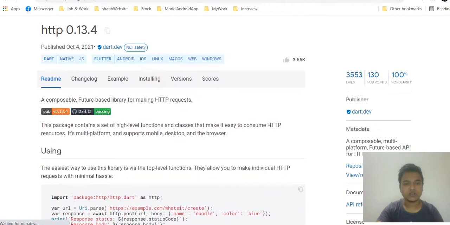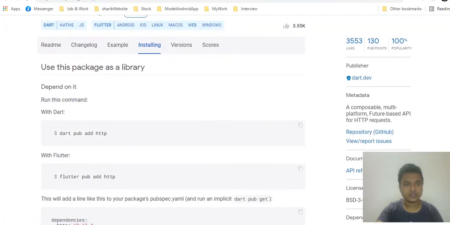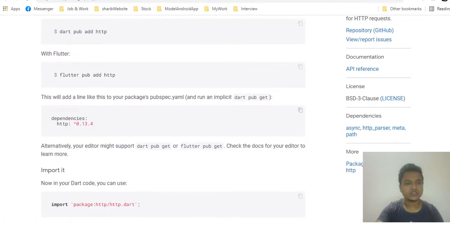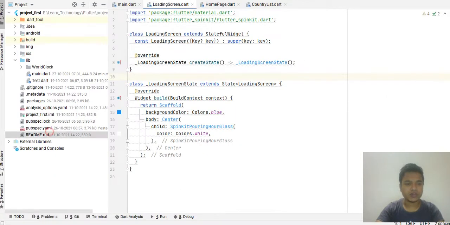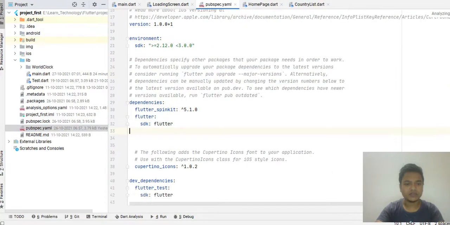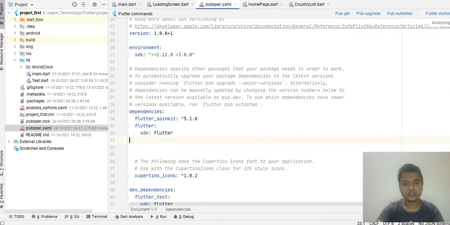Go to the installing option to see how we can install it in our application. Wait till it opens, and here you just need to copy this line, http. Copy it, go to your pubspec.yaml file, and here you can see the dependencies where you added Flutter spinkit.